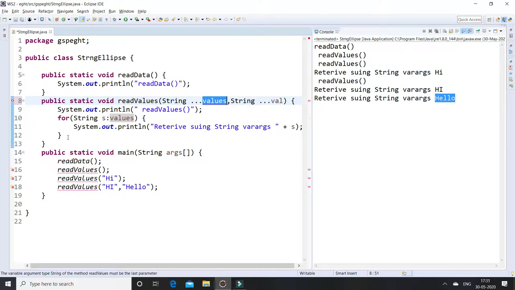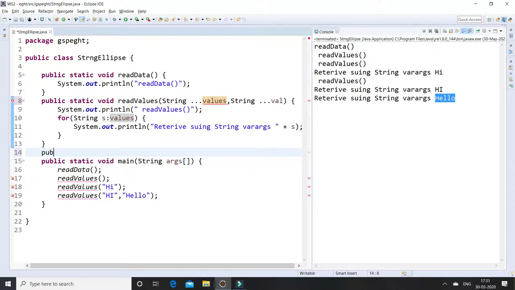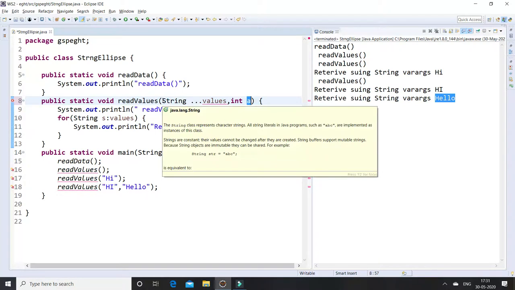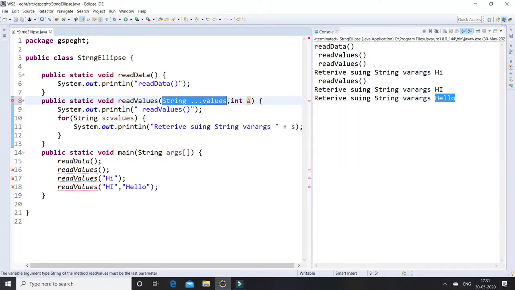I am going to show you all those differences. Let us undo with control Z. If I pass one more argument here, int a, and put string ellipses first and the variable next, this shows a compilation error. So the rule of varargs is that the string varargs must be present as the last argument in the method only.